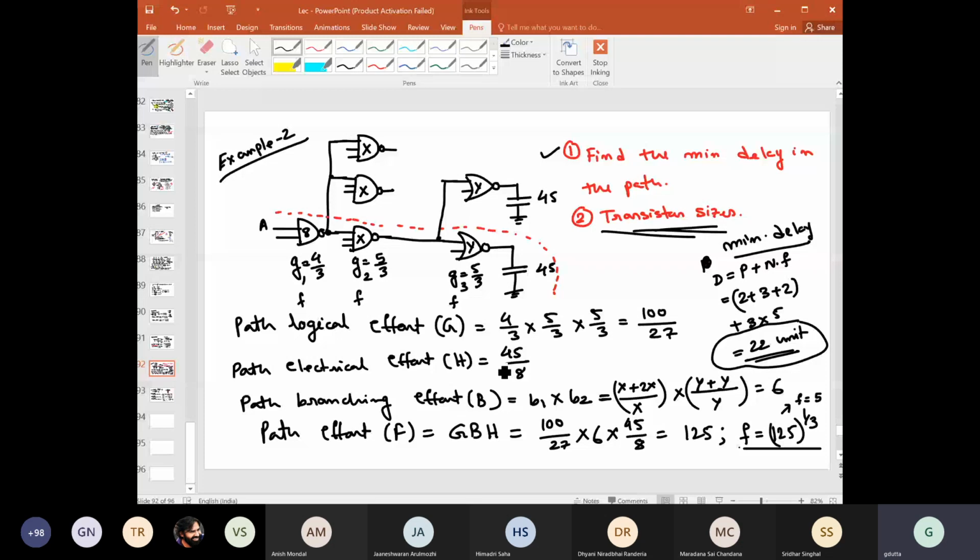Okay, so to start with, what would be the delay for this 2 input NAND gate? For this gate, the delay would be the parasitic delay plus the effort delay; for all the gates we can write d equals parasitic delay plus g times h, right? Let us do this exercise for each individual gate and estimate the delays associated with them. So first, the delay associated with the 2 input NAND gate.